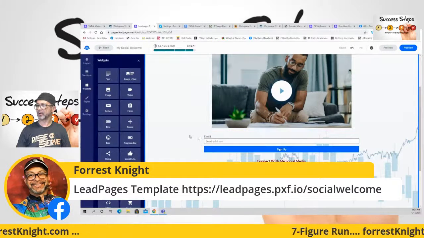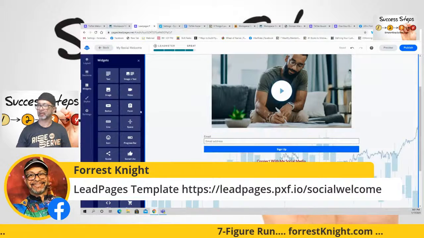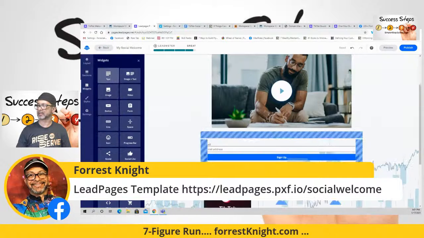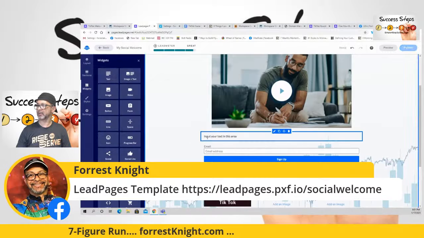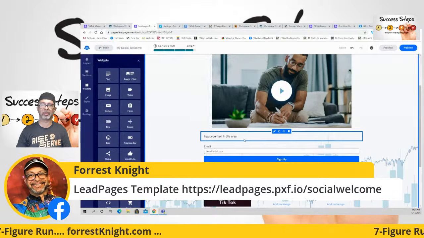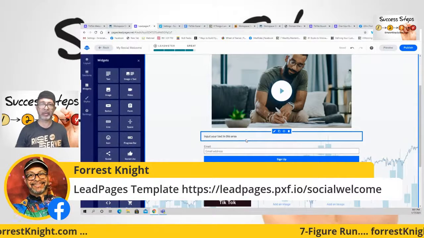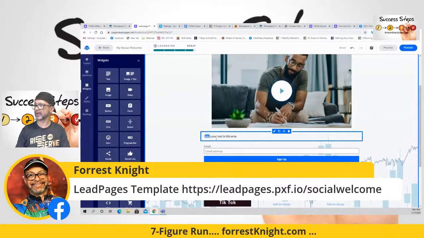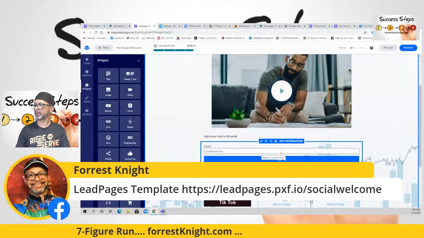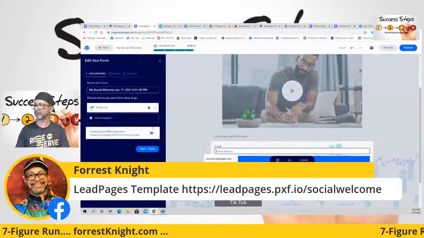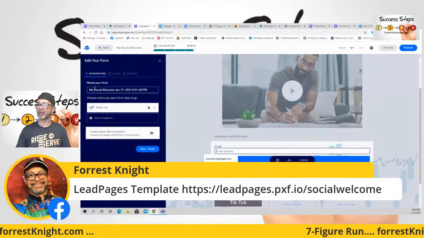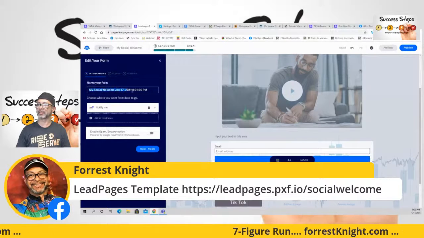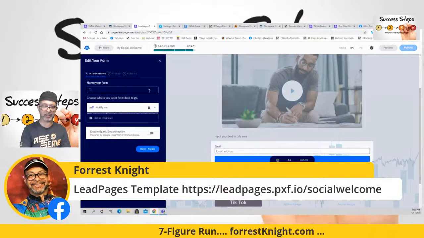This is your form that you're going to fill out. You're going to give them some instructions. You can put a little bit of text right in here above this: complete the form to learn more information about my business opportunity, however you want to say that. You can put that in this text area right here. And then this form is completely customizable. So you're going to click in the form, come over here, and name this form. So this would be my TikTok.